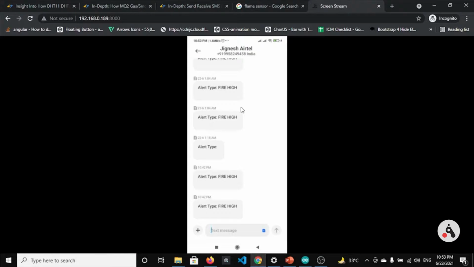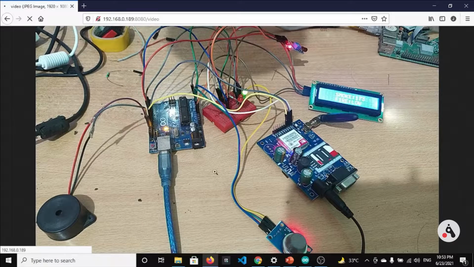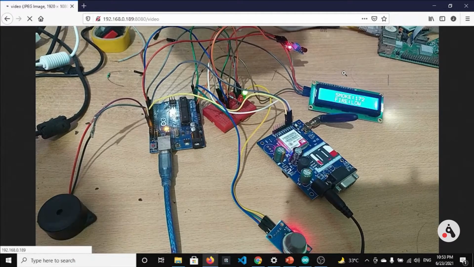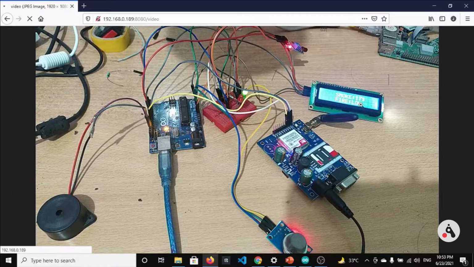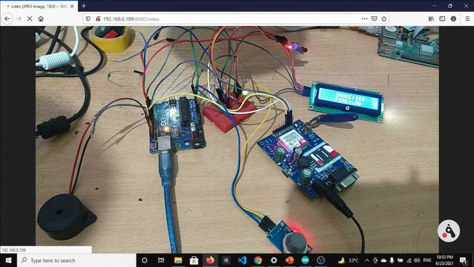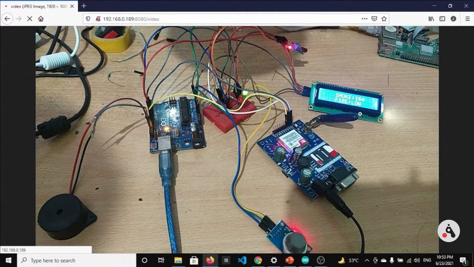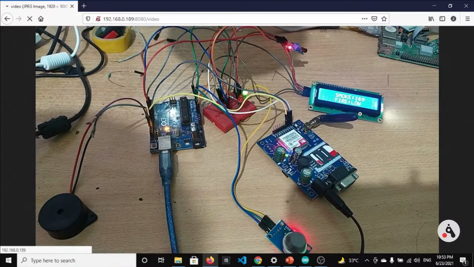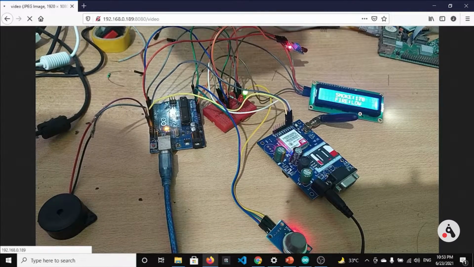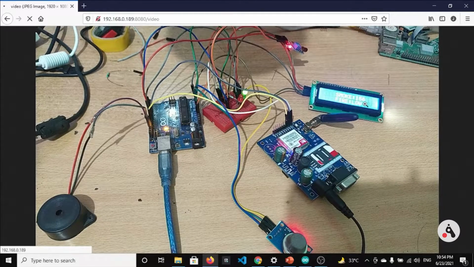This is the mobile screen, and we can see that the current time is 10:53, and I haven't received any message till now. So let me trigger this fire system, and let's see how it is working. You can also see in the LCD display that the smoke value is showing 171, and for fire it is low. I am using this flame sensor, which is a digital sensor, which will give us a value of high or low. We don't get any analog value from the flame sensor, that's why it's written low just after fire, and after smoke it shows the values.